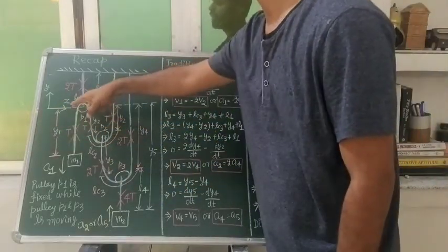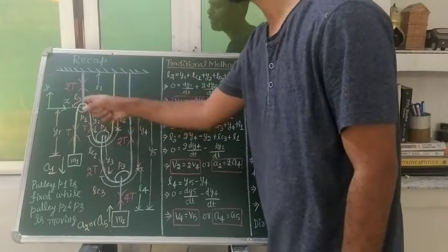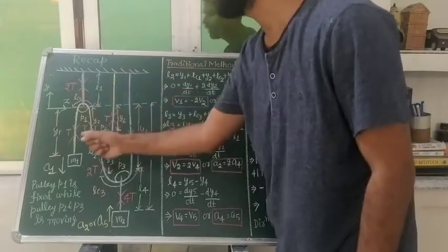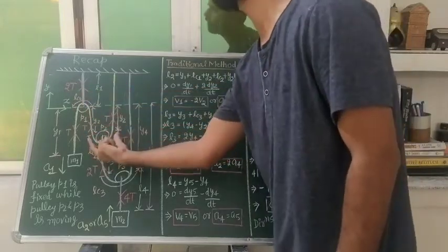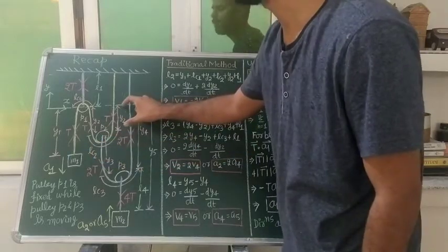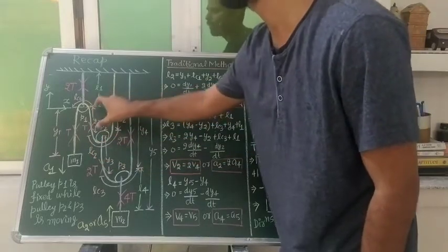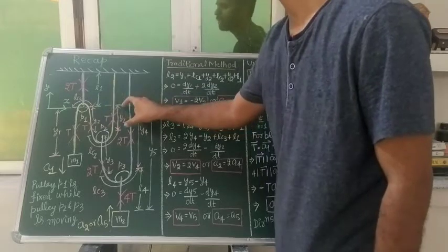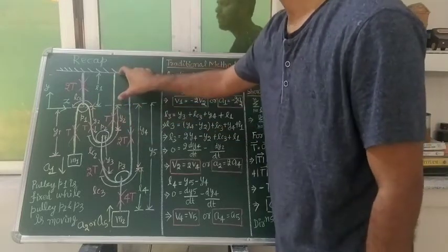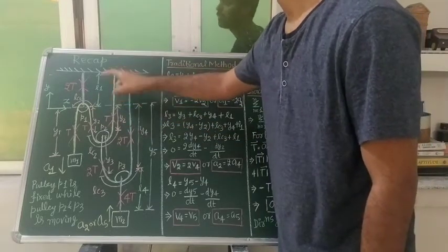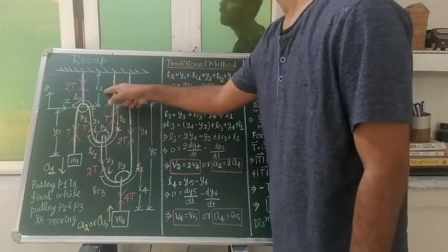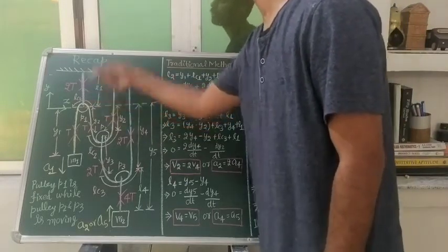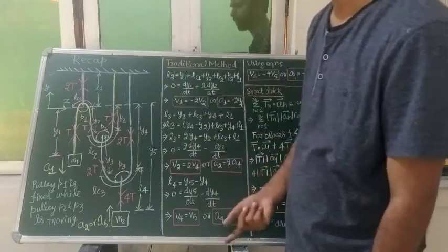This is LC1, a constant length. This one is the y2 length. Here is the LC2 length, which will be a constant length. This is the y2 length; whatever length is present here, the same length we will get here. And here we get some length, which we call L1. It will be constant. It is not moving, so this length will always be constant.